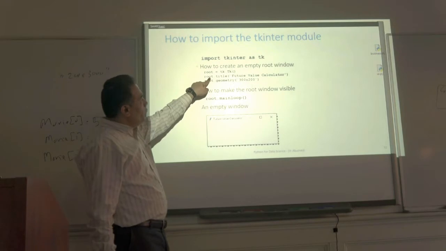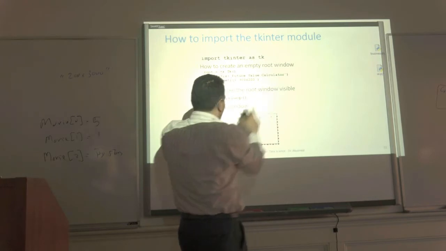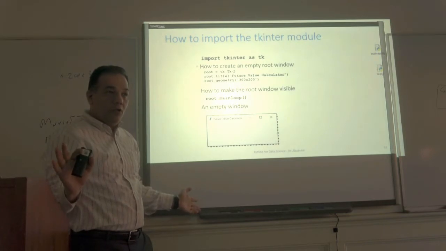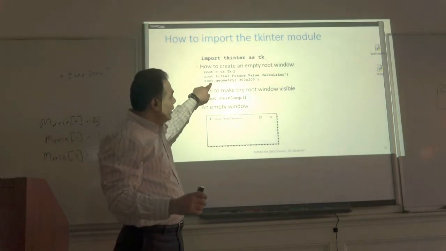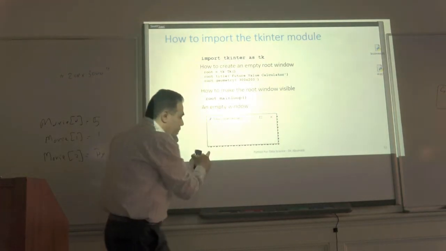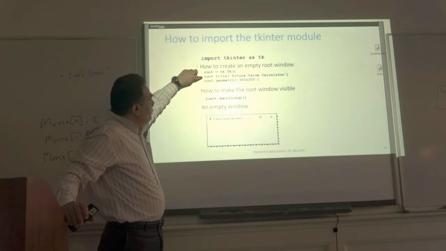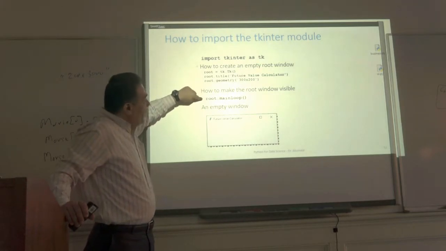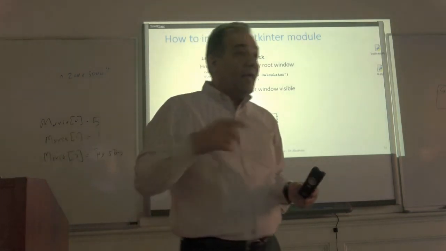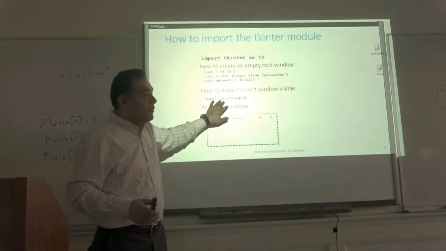Then after that, we're going to give the root window a title. What's the title? Future value calculator. Good so far. Then geometry. What's geometry? 300 pixels by 200 pixels. Okay. So how many lines do we have to execute so far? 1, 2, 3, 4. All right. Number 5: you always have to run root.mainloop. It will keep the program running for any activity. If you don't put this command,